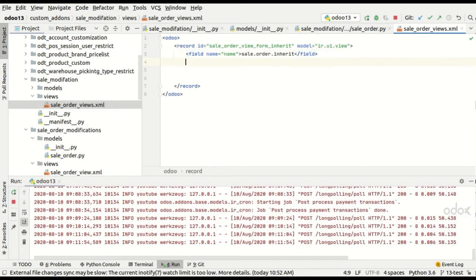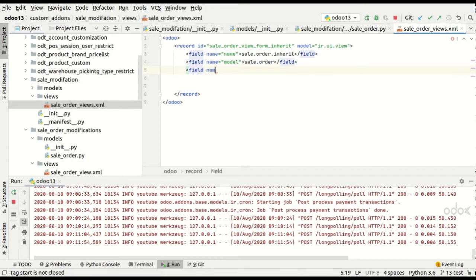Now we can add the model. Field name equal to model. The model is sale.order. Now the next field is field name equal to inherit_id.